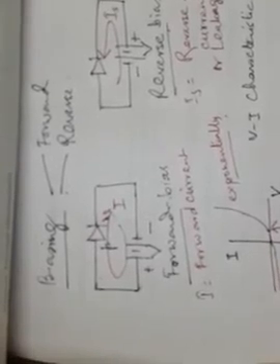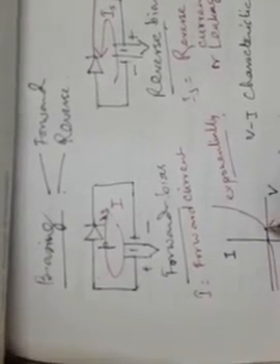So this knee voltage or cut-in voltage is equal to a voltage which is called the barrier potential,